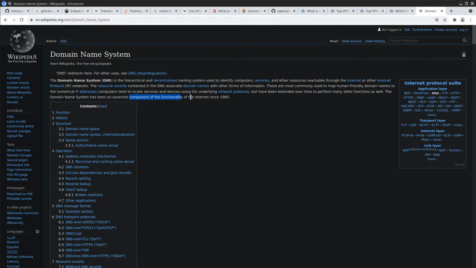But the DNS lookup, which takes the domain name that you're trying to access and translates it into the IP, is done way before that, and it's not encrypted. So your internet service provider can see what kind of websites you are visiting, and it doesn't matter what kind of certificates are being used, if any.